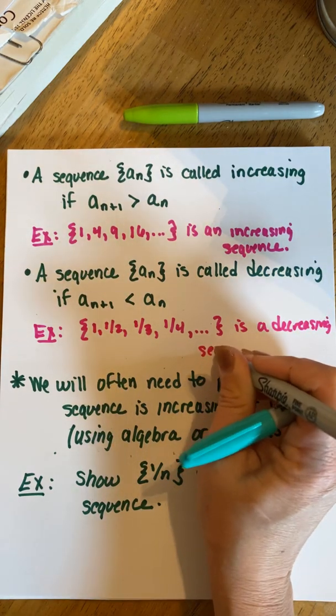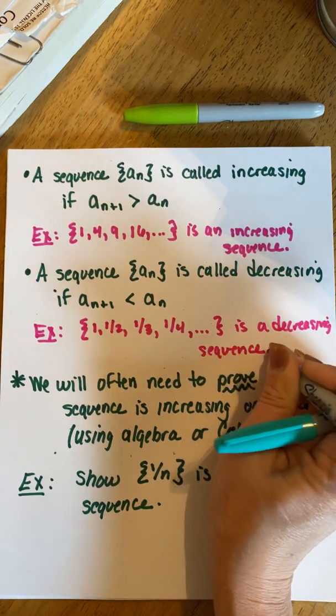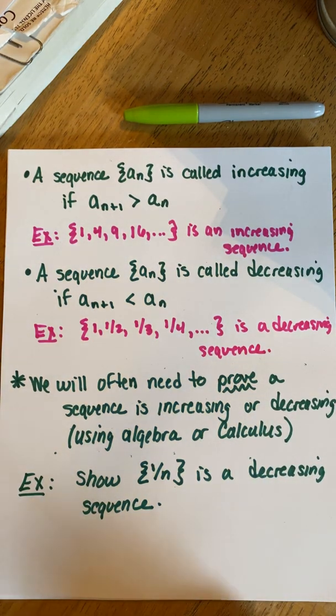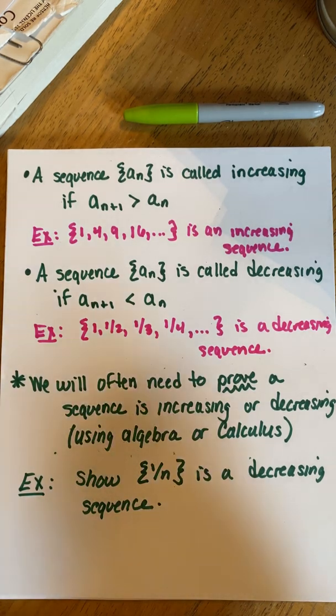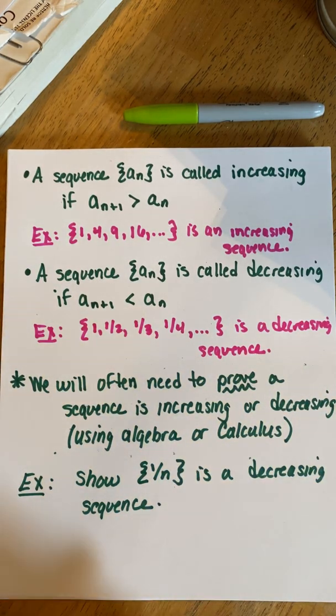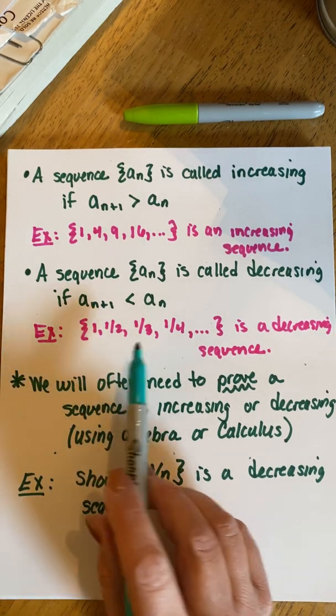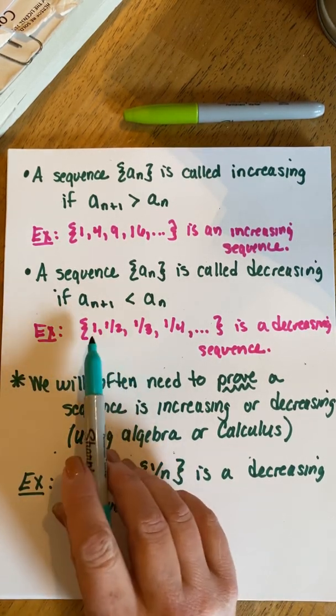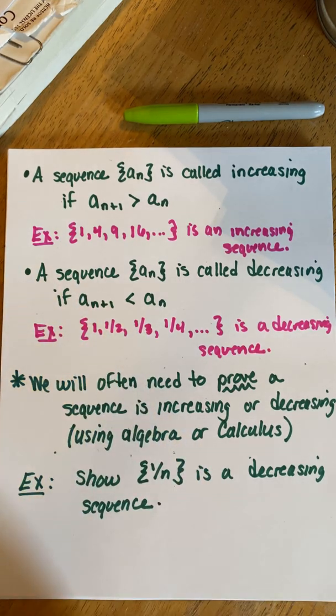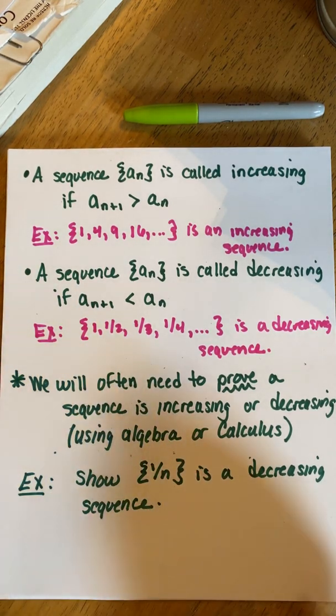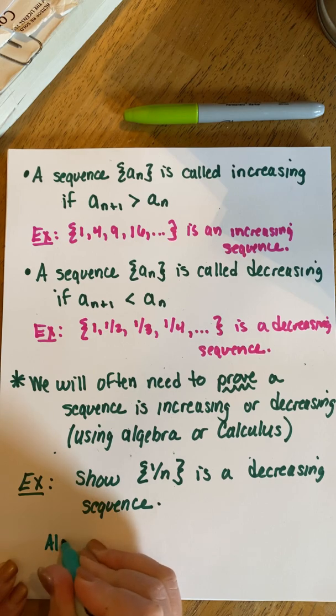And we're going to, again, need to know these definitions for future sections. We're going to often need to prove a sequence is increasing or decreasing. We can do this with either algebra or calculus. So to show 1/n is decreasing, we can look at this and say, oh, common sense prevails. 1/2 is clearly less than 1. 1/3 is clearly less than 1/2. But to algebraically show this,